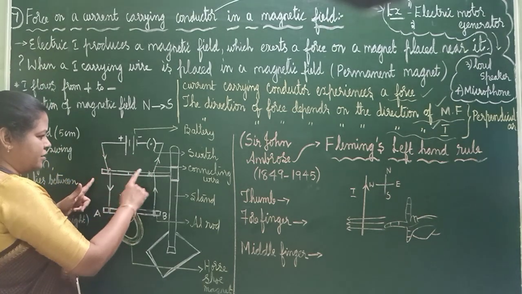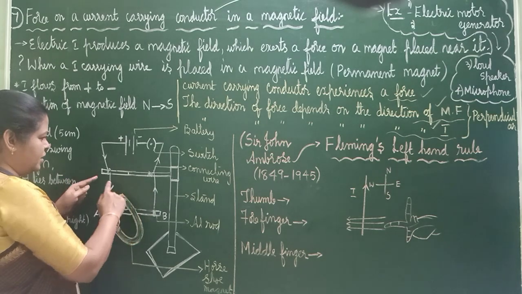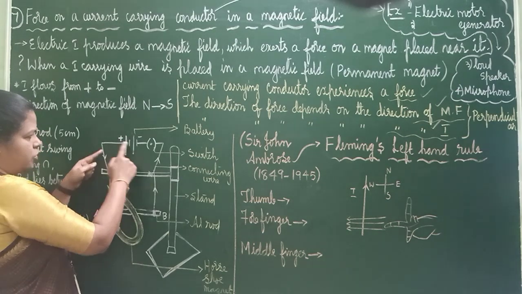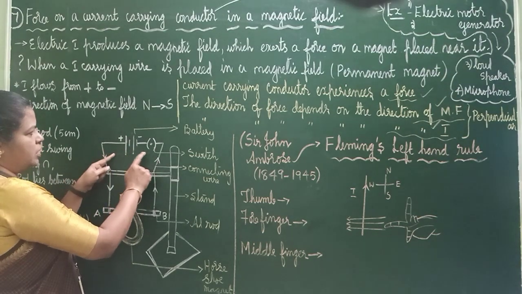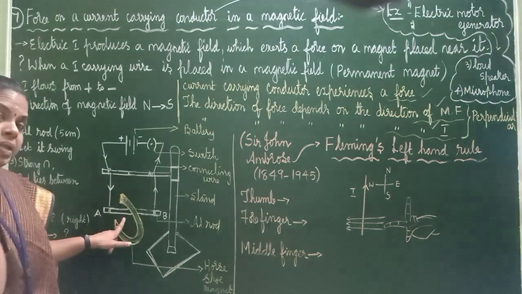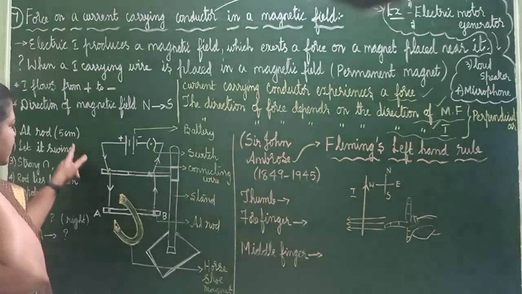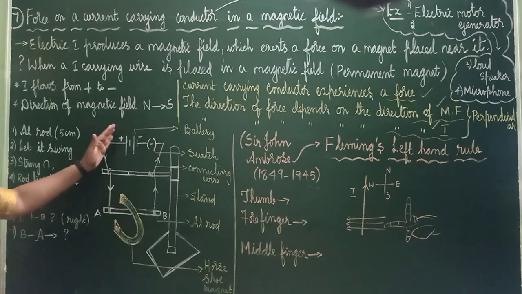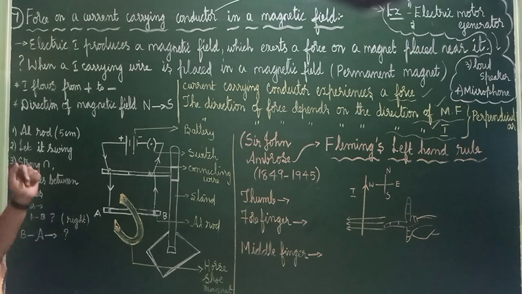So now this is the connecting wire, connected in series. And here this is the aluminium rod, which is 5 centimeters, which you should allow to swing. And we have taken a strong permanent magnet, and the rod should be in between. It should be connected in series. And what happens, we are going to see.